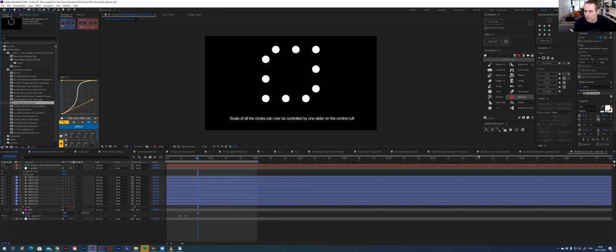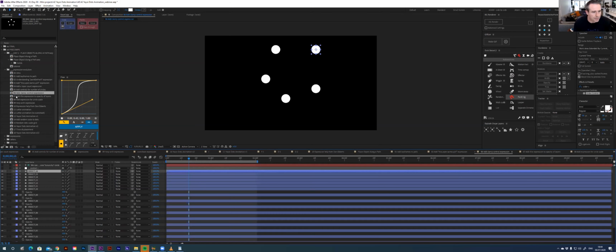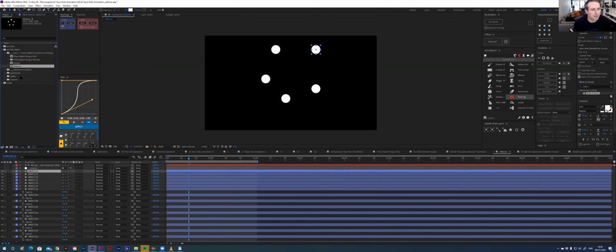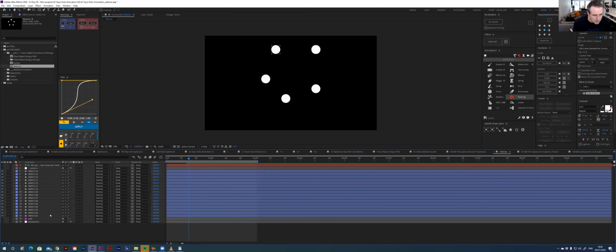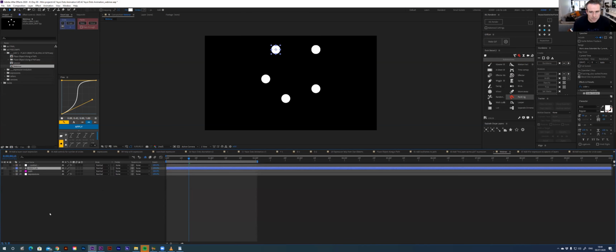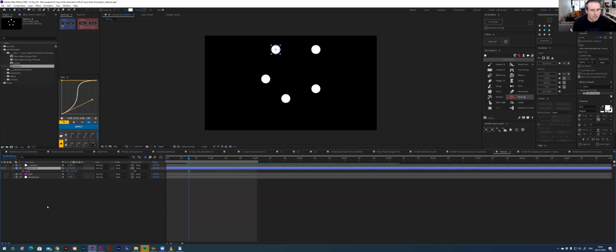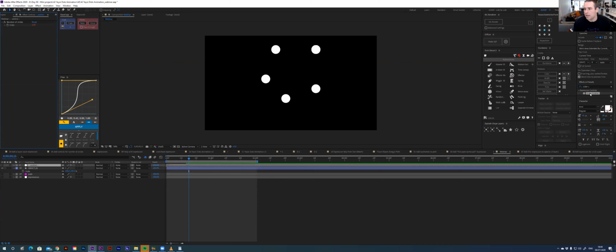So to create the randomness of the scale, let's move that over to here because I keep on losing it. So scale. If we go into our control layer and add another slider, I'm going to call this scale,